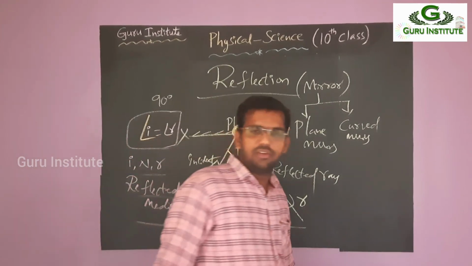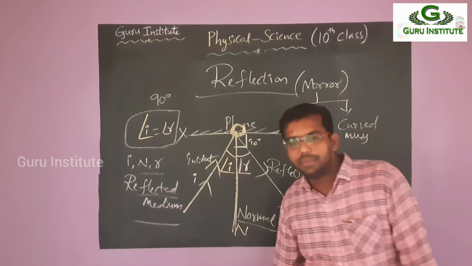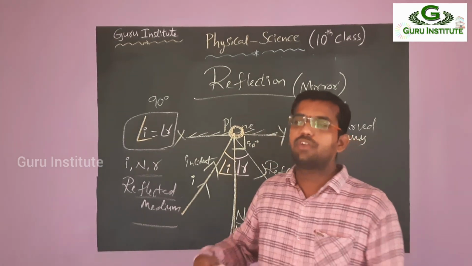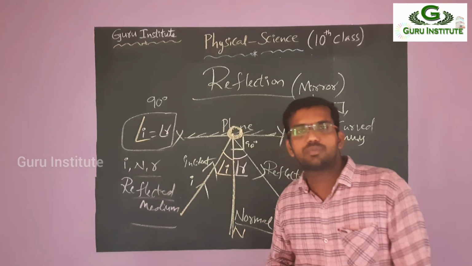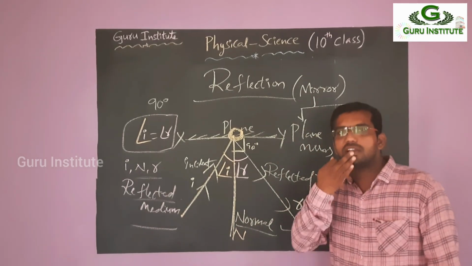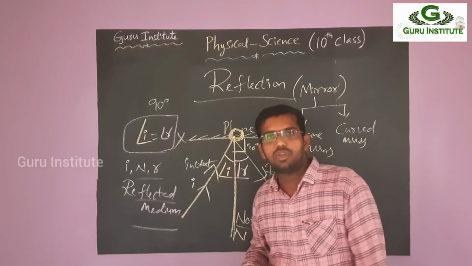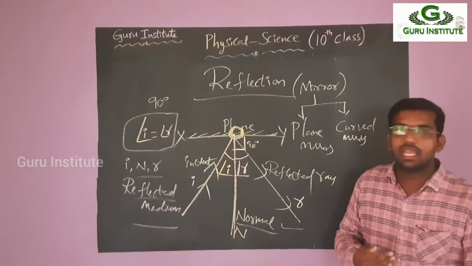Okay, so now we are discussing the reflection. We got one word, medium. What is medium first of all? Medium means that through which any light ray, sound, or any waves are traveling. Suppose I am talking with you. Are you able to listen? How can you listen? My sound waves start from here, move like this, and reach your ear. Through which is it moving? Air. Suppose in between you and me, air is not present.